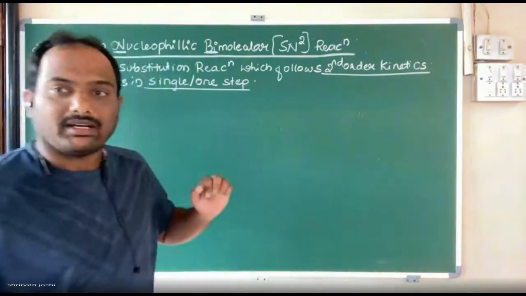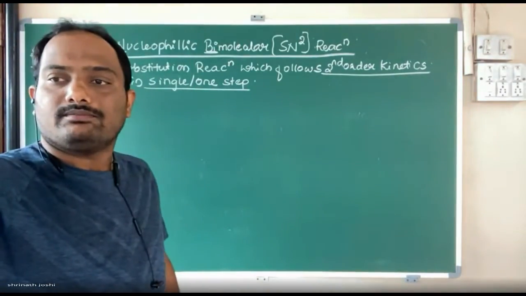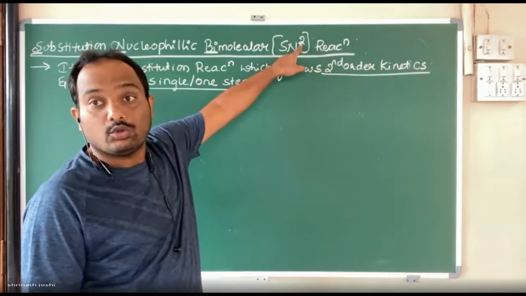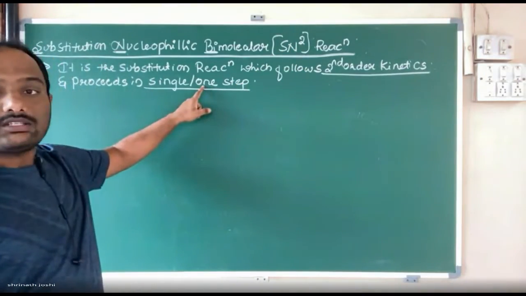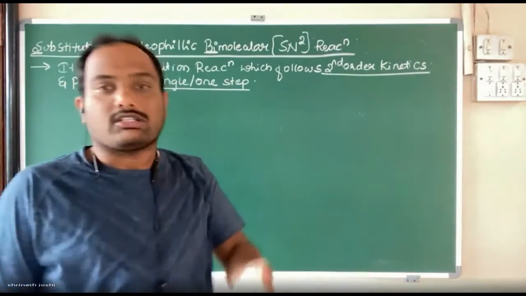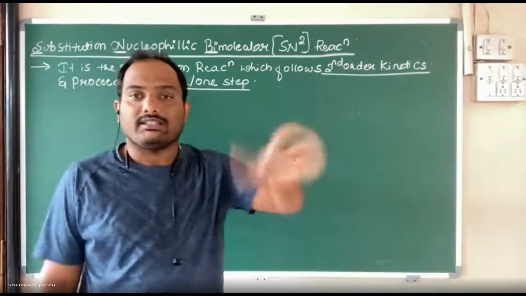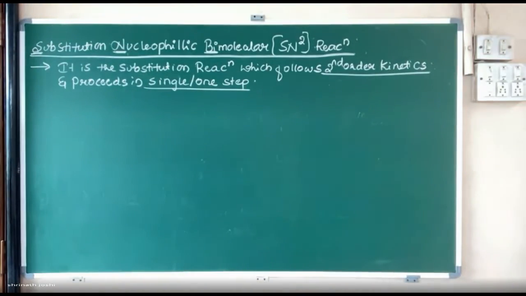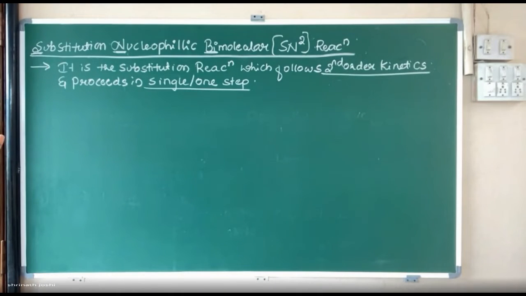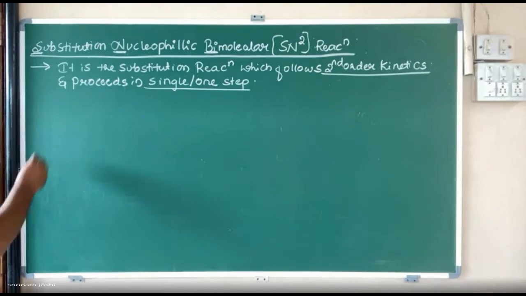See, here you see how to remember it. Very simple. SN2, 2 is there. Means how many steps? 1 step. Don't write SN2, 2 step. No. Vice versa. SN1, 2 step. SN2, 1 step. Opposite. Well, did you get this point? Any difficulty with this point, except that second order kinetics word? No. Example.